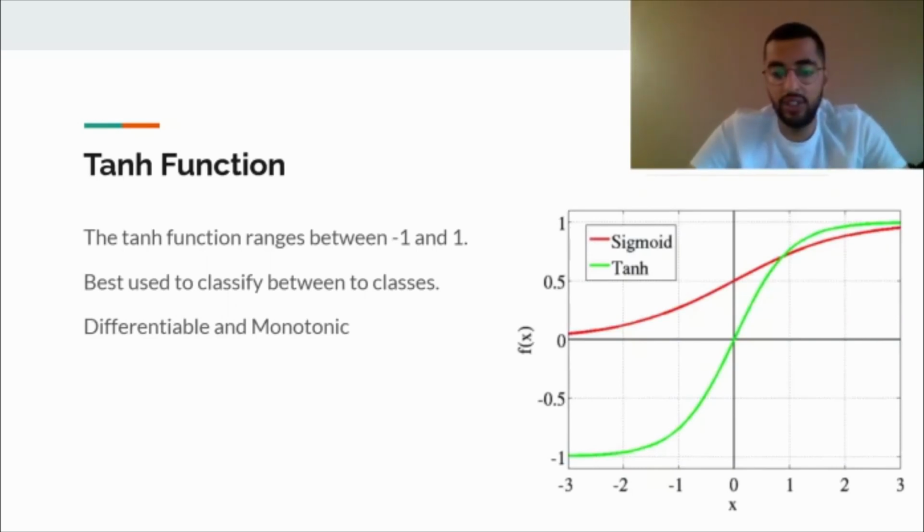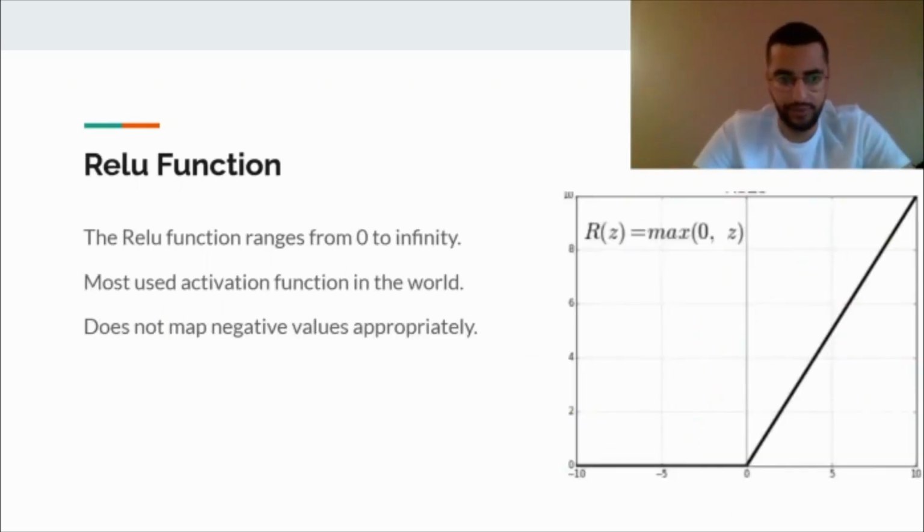One advantage of using the tanh function over the sigmoid function is that the tanh function is zero-centered, which makes it better, more optimal, and faster. It's still considered computationally expensive as it also has the e to the power of z, but it has different uses than the sigmoid function.